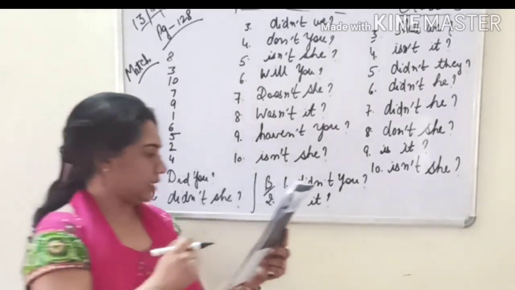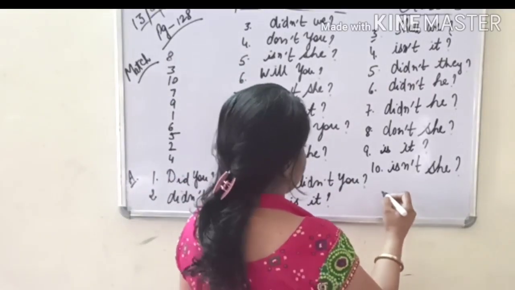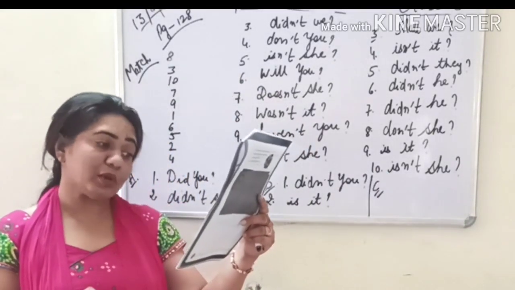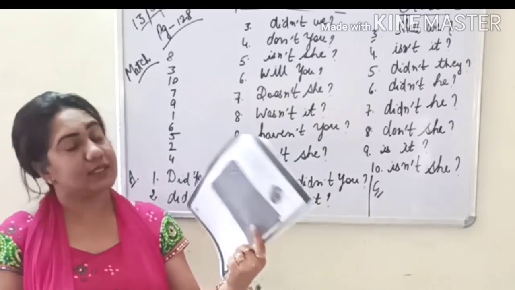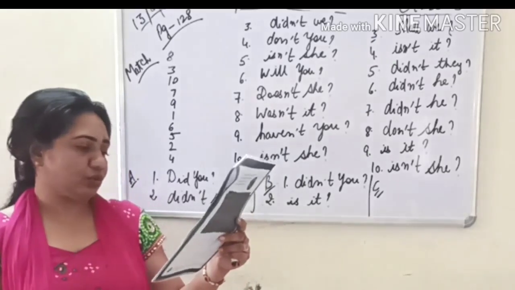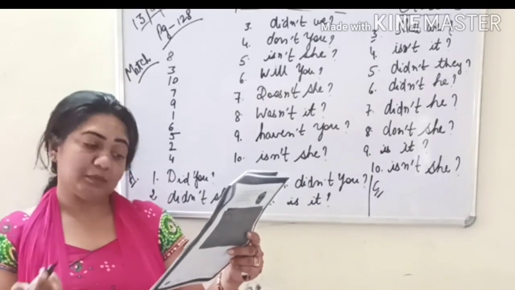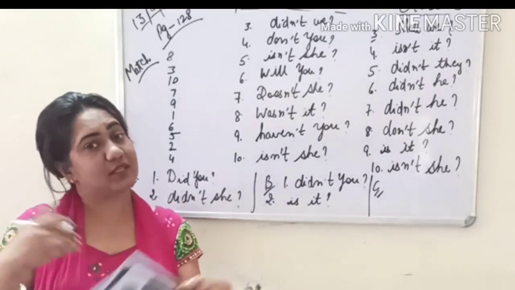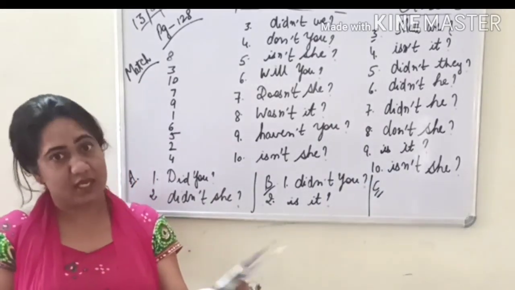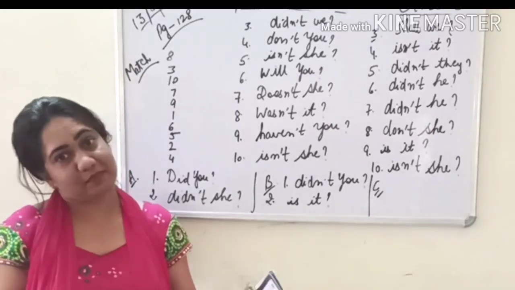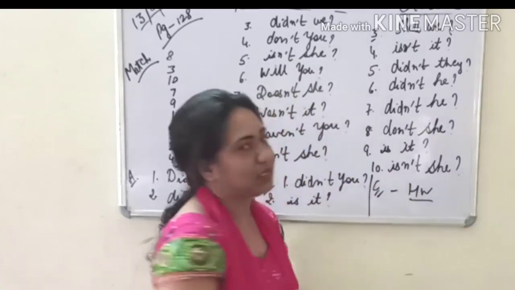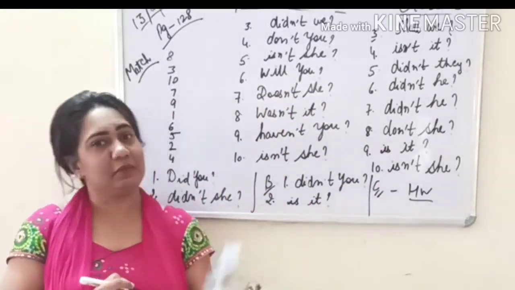Next exercise, that is exercise number C now. What we need to do, change these statements to questions using the correct tags, and this is the last exercise, and with this we finish our question tags. So what is this? Simply you need to add a question tag. If positive is there, insert negative. If negative, then positive. The same way we have done exercise B. So I am not going to give you the answers. Yes, you have understood it. So this is your homework to be done by you.